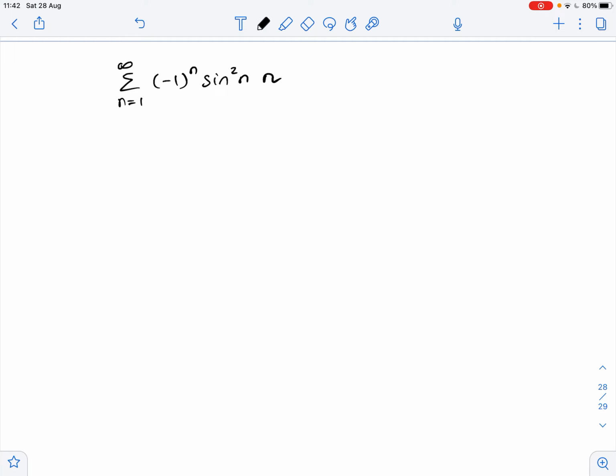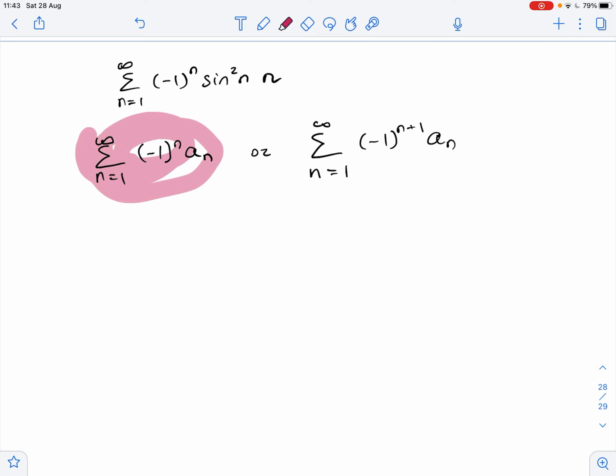We need to use the alternating series test to determine the convergence of the given series. We know that for the alternating series test, the series should be given in one of two forms. So it's either the sum from n equals 1 to infinity of (-1)^n times a_n, or it's the sum from n equals 1 to infinity of (-1)^(n+1) times a_n. In our case, it's the first option, so our series is given in this form,